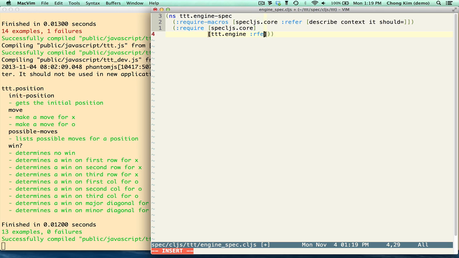We'll start refer, and I'll just make it into an empty list for now. I will add it when we need it. Okay, so the main test for the engine context is the minimax. We're going to do some tests for the base cases. So it determines